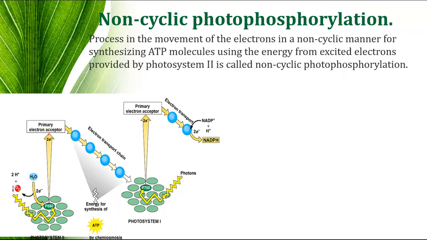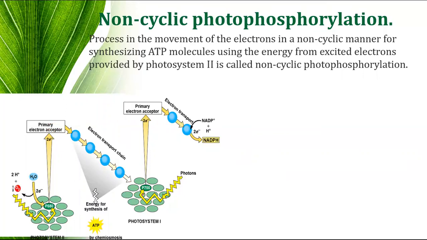So this electron gets accepted by the electron acceptor. This is the upward movement, and then the electron of this reaction gets excited, they absorb the red light, and then after the acceptance this electron passes from one place to another. Here the electron gets passed from one to another, and again this is a downward process. This is the upward process, this is the downward process, and then this electron gets absorbed by photosystem I, that is P700.